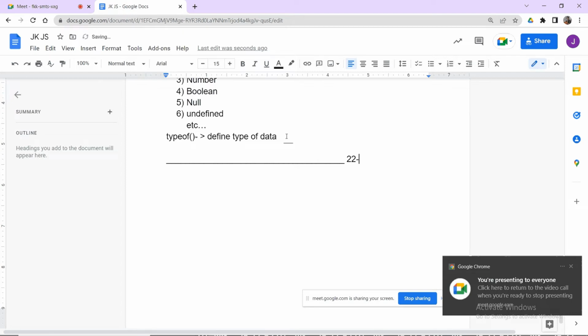Now in today's class we will see further concepts like operators. These concepts you already know while studying languages like C and Java. Those same concepts will be applicable here. We have arithmetic operators, logical operators, relational operators. The same kind of operators that we use in C and Java will all be applicable here. So I hope you already know this concept.